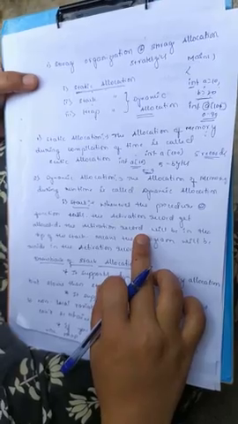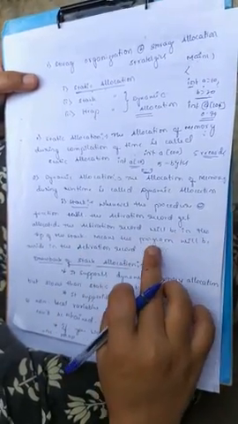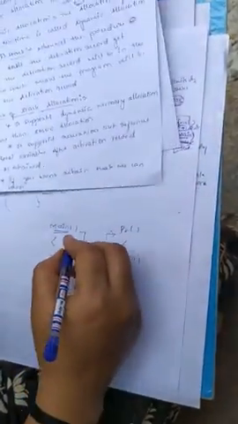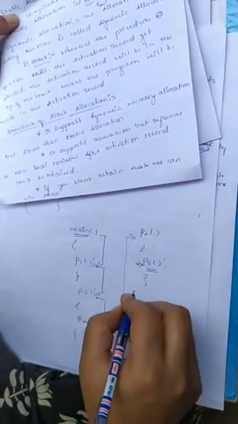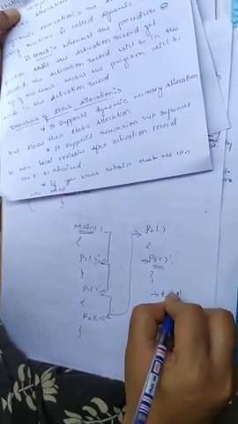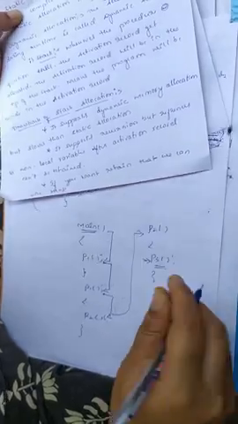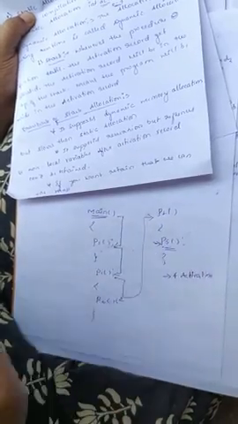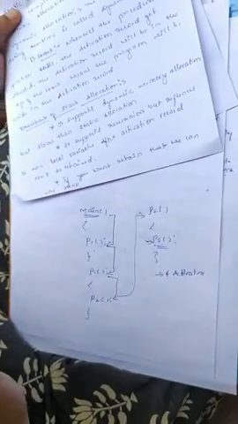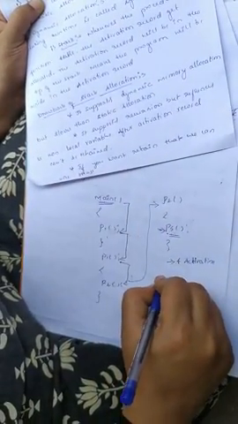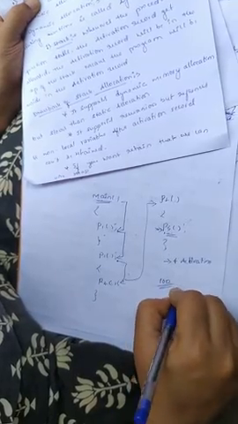The activation record will be on the top of the stack, meaning the program will reside in the activation record. What is the meaning of that? Say for example, here we have P1, P2 and P3 functions. If you have these three functions, you get 4 activation records: main, P1, P2 and P3. Whenever you have a function in the program, you have that much activation record. If the program has 100 functions, there should be 100 activation records.